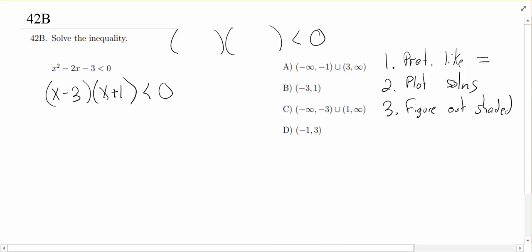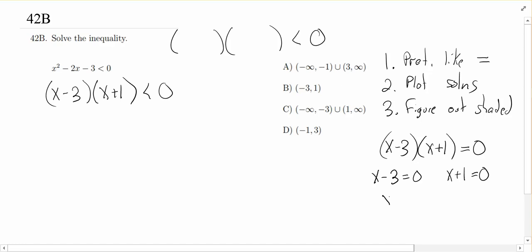So if we pretend like this guy's an equation, let me do this off to the side just so that it doesn't follow in the same lines. We need to set x minus 3 to be 0 and x plus 1 to be 0. So when I add 3 to each side, I actually get 3 and negative 1 is what's really going on here. So now as I plot those important values on the number line, I'm going to use an open circle